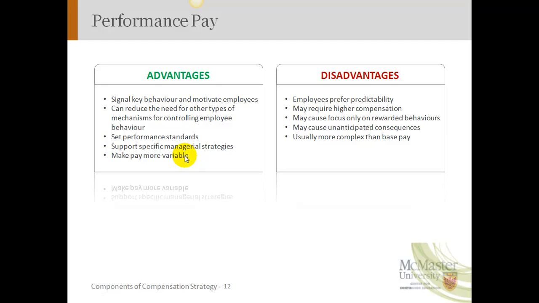which is an advantage to a company in the sense that it could actually reduce the pay you give out, which may not necessarily be a good thing because it means people aren't achieving their goals. So does that mean the goals were set too high? The employees don't have the capabilities or maybe the resources to achieve the goal that they need. There could be all kinds of reasons. So it might be an advantage, but it might also be a disadvantage.